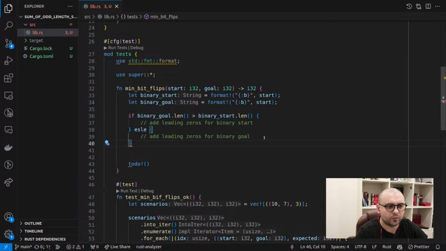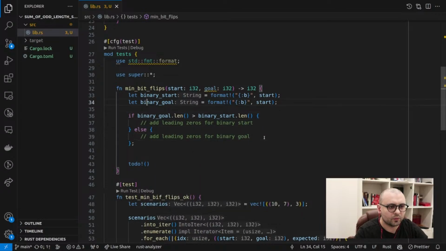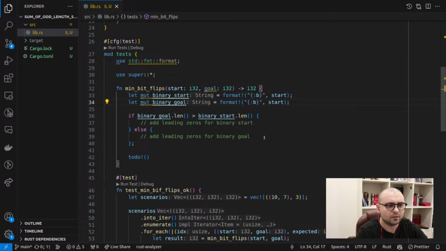If they're equal, we don't care. Yeah, this is else. So yeah, we'll need to make them both mutable in this case. So with the assumption that binary goal.len is greater than binary start.len,